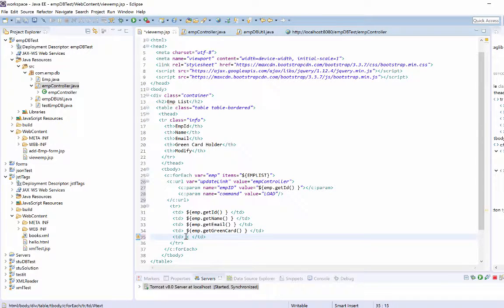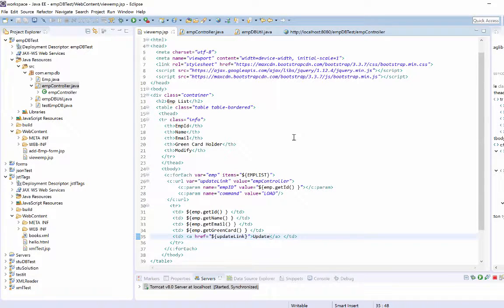cell. So I'm going to start with HTML command a href. So it's going to reference to the update link that we created here. And I'm going to call this as update. So update is the text the user will see, but when they click it, it's going to connect to the employee controller with these 2 parameters, employee ID and the command. Let's see. Let's go back to our